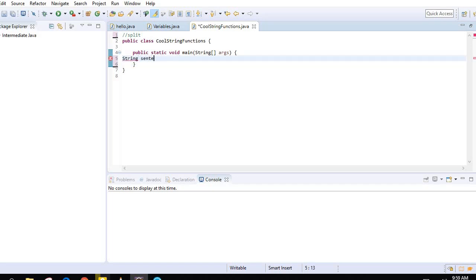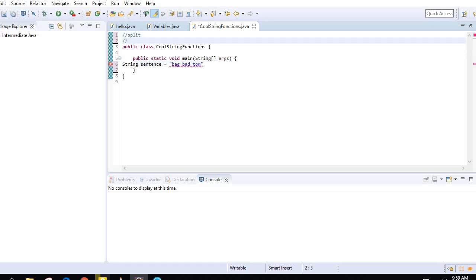String maybe sentence equals to bag, bad, Tom. So split will get bag, bad, and Tom individually. Okay, so you can put them in an array of strings. Okay, so that is what split does. The function we shall be using next is